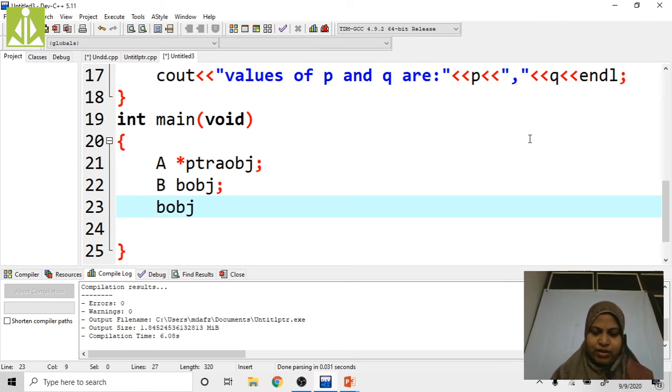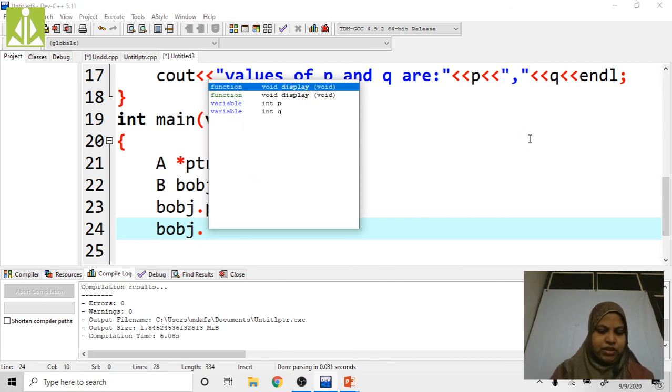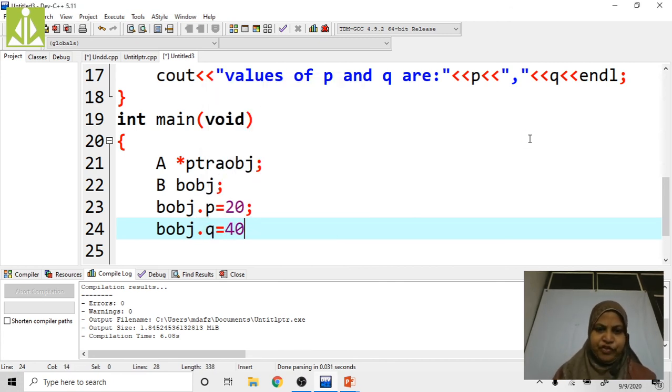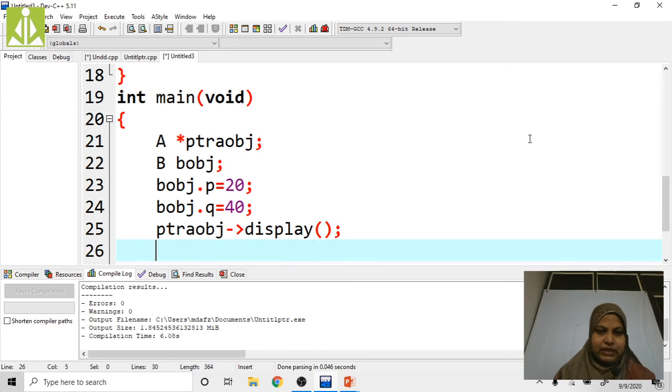bobj.p equals 20, bobj.q equals 40. Then ptraobj, I am going to call the function display, and return 0.